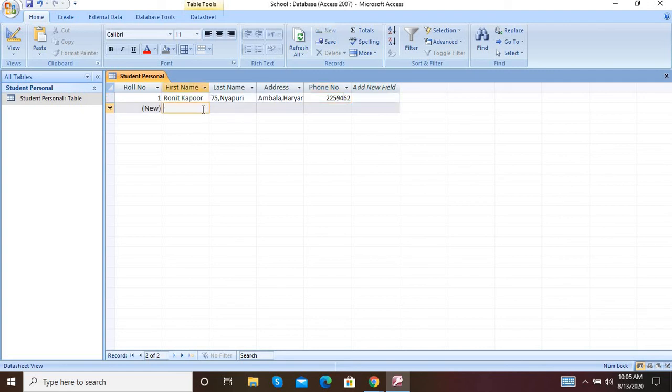Then click on another field. You see in the table the roll number is now 1, 2. They are not changing by themselves, so it is auto number. Always remember that.